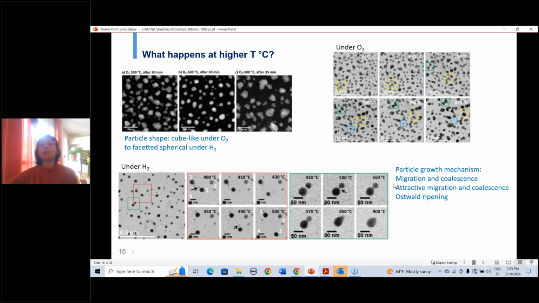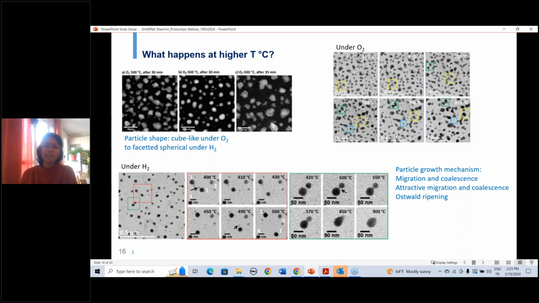Another observation involves how the nanoparticle growth mechanism is occurring. For both oxygen and under hydrogen, we see three types of growth mechanism. One is migration and coalescence. So here, for example,